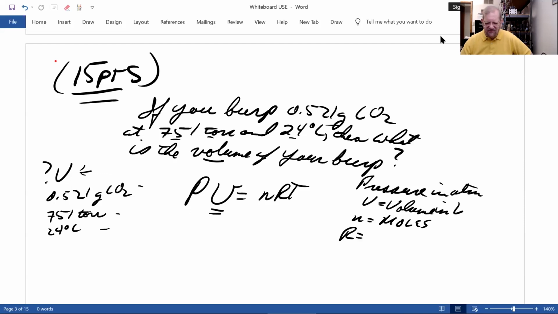R is the universal gas law constant, atmosphere liter per mole K, Kelvin. And then T is temperature